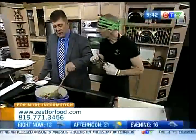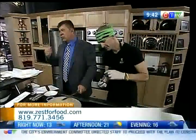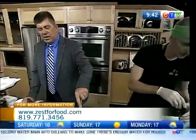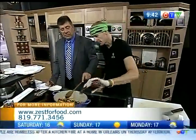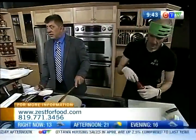We're going to add a little bit of liquid smoke. You don't want to overdo the liquid smoke in anything, right? Absolutely not. You have to be very careful with this stuff. A little dash. And we want a little bit of a kick there, so we're going to add a little bit of hot sauce as well. When you make this stuff, do you sell it in the...